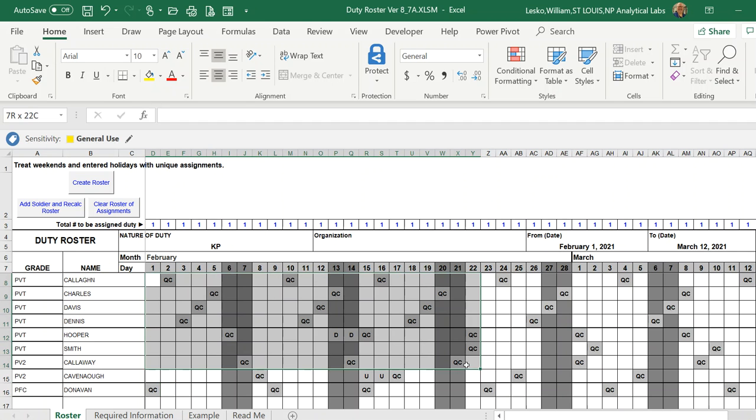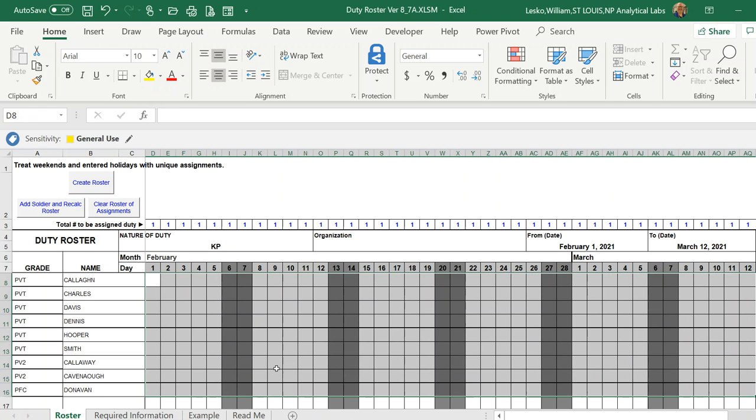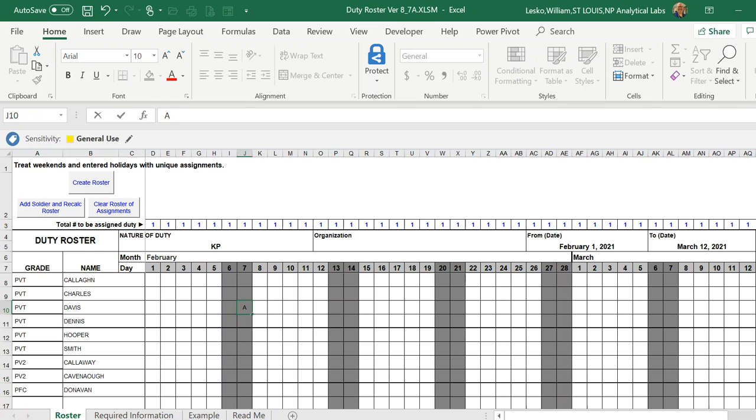Now let's clean it up a little bit here. We'll get rid of all the charge of quarters too. So here, I'll do this really quick, an example of how it works in the other mode. I've got U's and some D's, and let's put something in here just to make it a little more interesting. Notice this now says treat weekends and entered holidays with unique assignments. So let me pick a month that's got a holiday in it. Let's go back to January 1st,